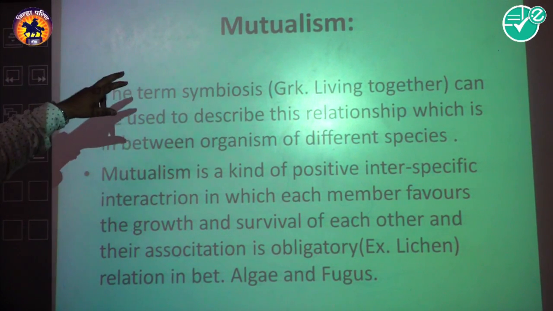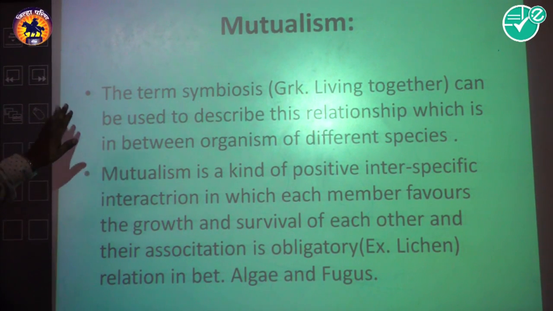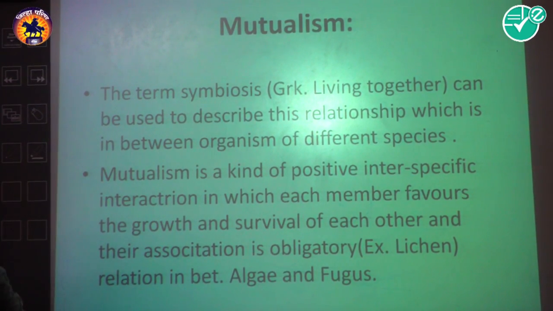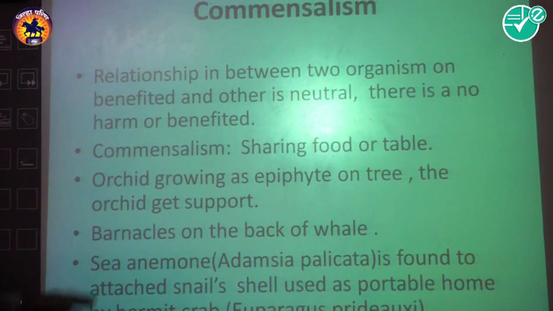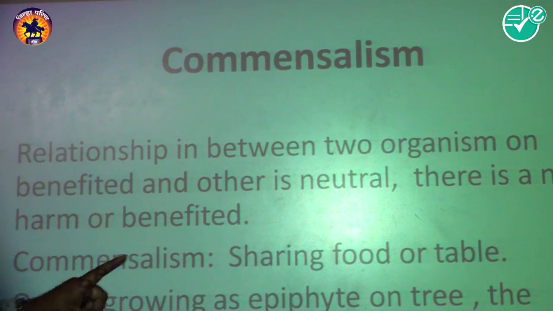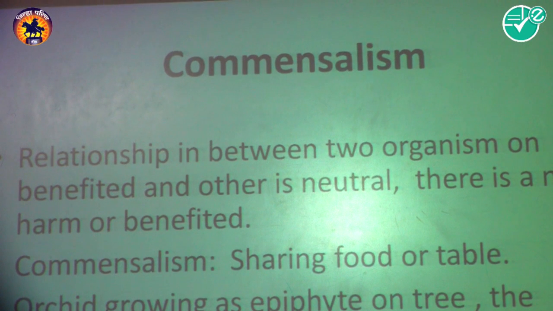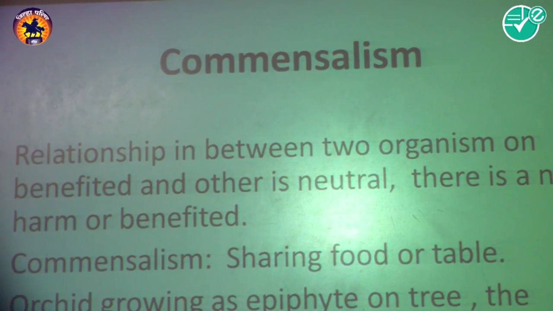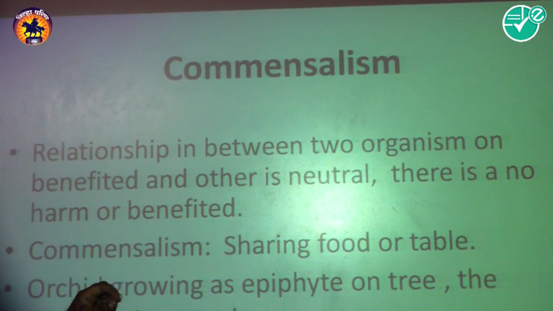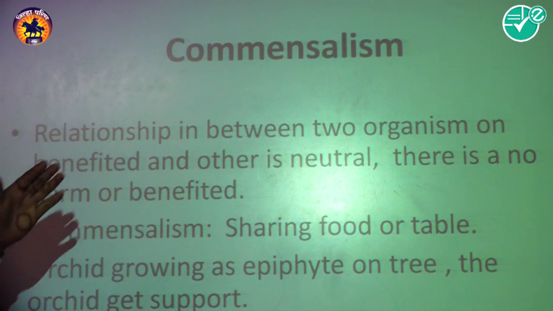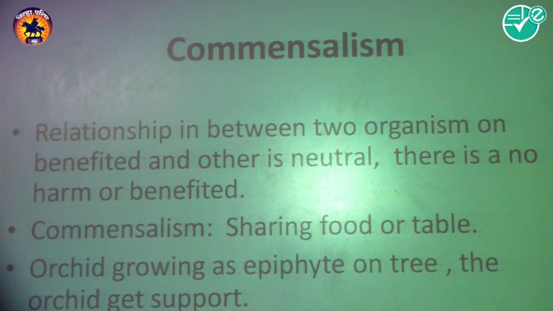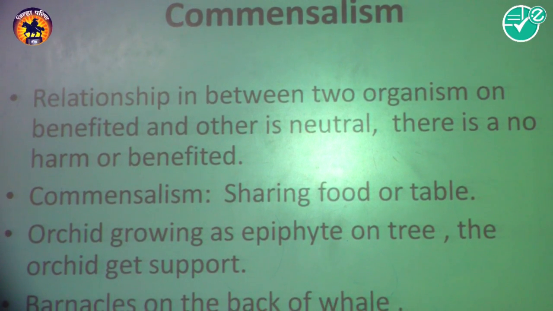इस तरह की खुसूसियात को म्यूचुअलिज्म कहा जाता है. तो म्यूचुअलिज्म जिसमें के एग्जाम्पल है हमारे पास लाइकेन. नेक्स्ट वन, कमर्शियलिज्म is a relation in between the two organisms or benefited and the other is neutral. इसमें क्या है कि ऐसे एनिमल्स जिसमें सिर्फ एक एनिमल फायदा हासिल करेगा और दूसरा न्यूट्रल रहेगा, इससे किसी किस्म का कोई फायदा नहीं होगा.